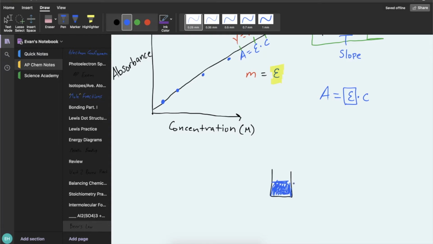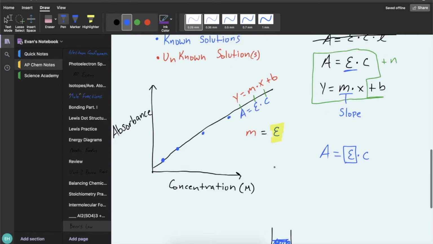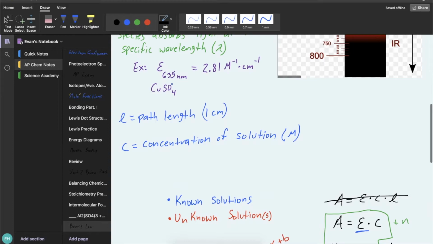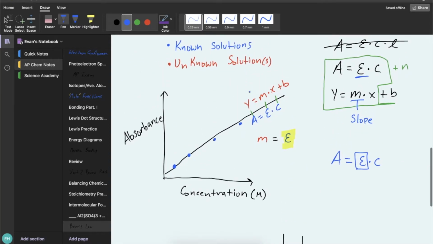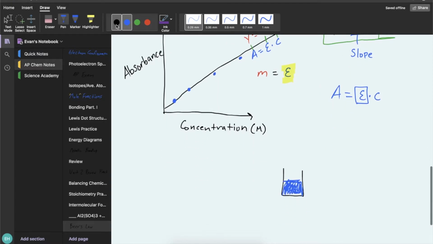If this solution is made up of the same stuff, for example, copper sulfate, if this solution is made up of the same stuff as the solutions you made to get this initial graph, then all you need to do is take a sample of this